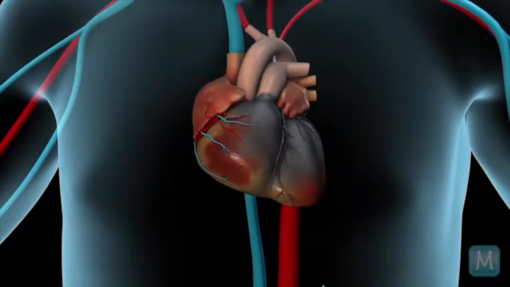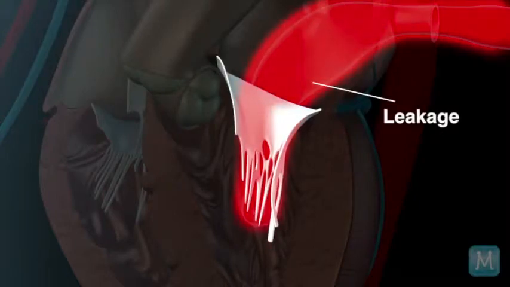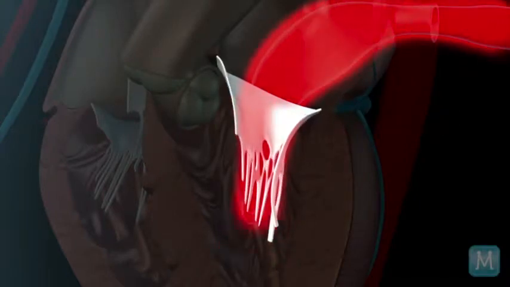But heart failure can also happen in somebody who, for instance, has a heart valve problem, a leaky valve, without having had a heart attack. That can cause the heart to work extra hard over time. The heart can enlarge, making the leakage worse, and can again lead to heart failure.